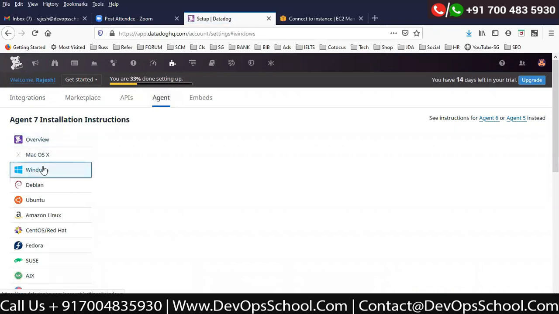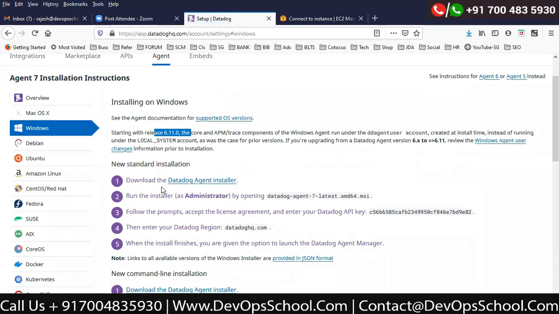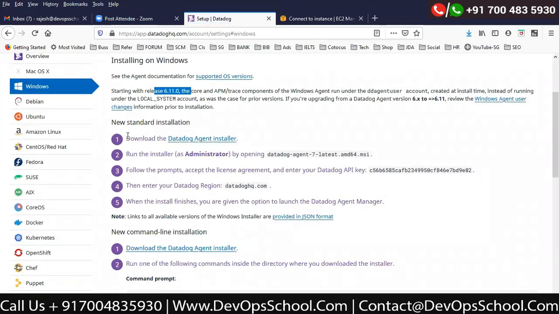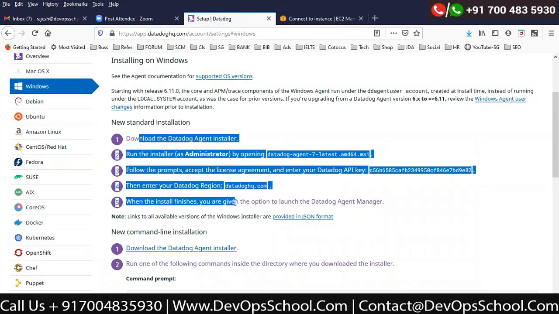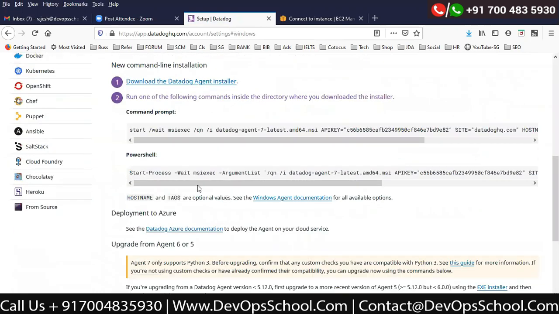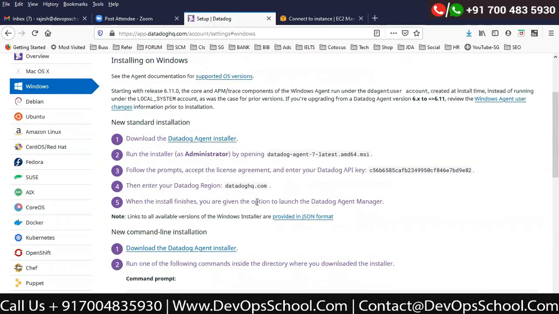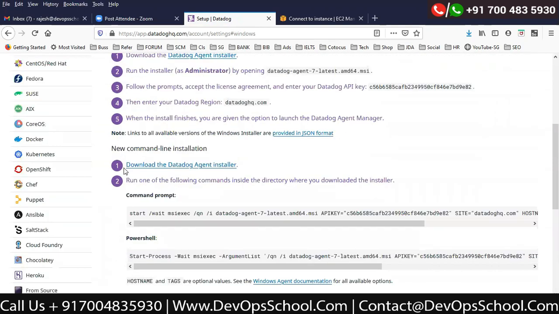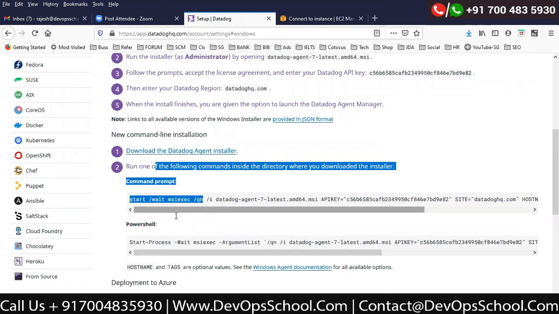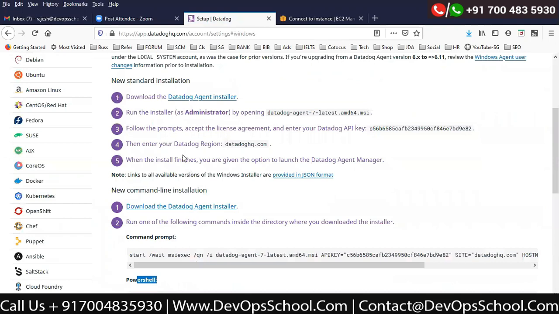Which one? Windows. Now, guys, if you want 6.1, you can follow this one. But if you want the latest one, follow this one. New standard installation manually, this one, command line, this one. I don't know which one you are comfortable with. Anything which you are comfortable with, you can go ahead with. Manually, I'm showing you so you get a little bit of confidence in doing it, but automation is this one. Either you should be doing it through the command line or PowerShell. Okay. So guys, let me do that.